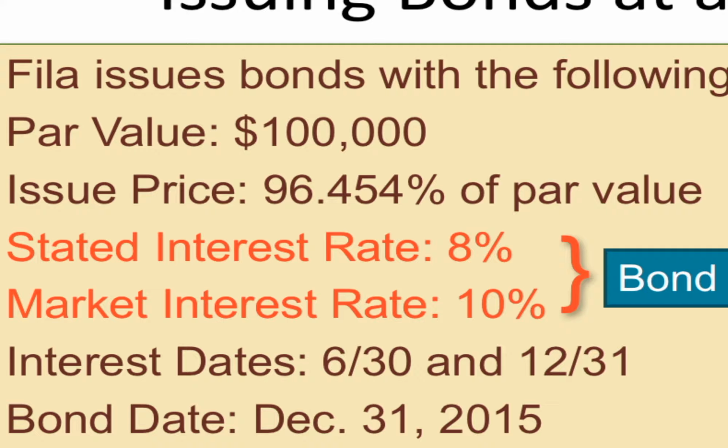Since this is basically a guess at what the market will do over the next 2 years, you're still subject to interest rate risk, no matter which side you're on, whether you're issuing the bonds or buying them. If the interest rate goes up or down, you would obviously have gotten a better or worse deal had you waited to buy the bonds or to sell them at a later date.